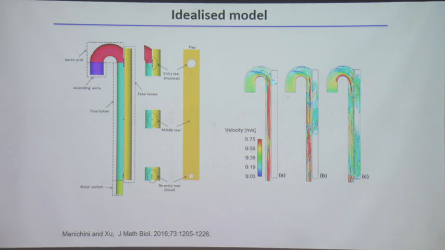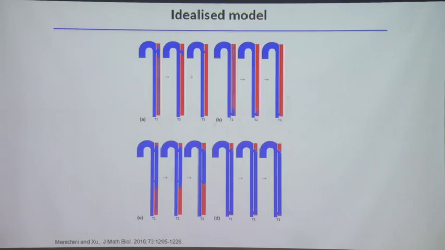Now if you only have an entry tear, then the blood goes in, but it can't go anywhere else, right? It can't exit. So there's a small amount of blood entering through these tears. And if the re-entry tear is somewhere here, you can see the flow comes in, and then the flow leaves the false lumen going back to the true lumen. And if you have the re-entry tear further downstream, then you have the flow going along the whole false lumen. So it gives you a different flow pattern, and that also gives you different shear stress distributions, and therefore different